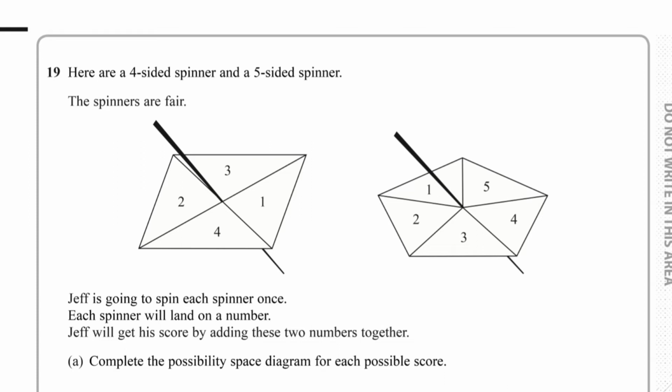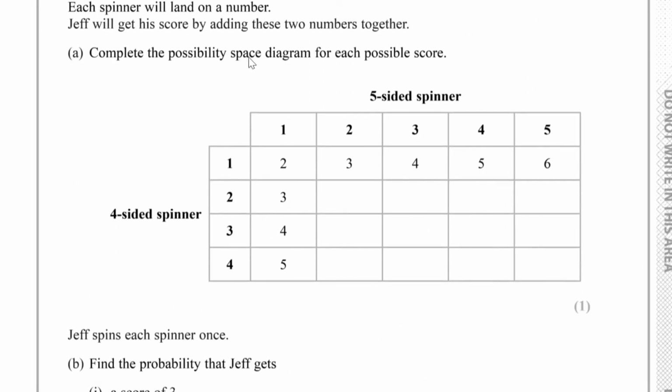Question number 19. Here are a 4-sided spinner and a 5-sided spinner. The spinners are fair. Jeff is going to spin each spinner once. Each spinner will land on a number. Jeff will get a score by adding these two numbers together. For part A, we have to complete the possible space diagram